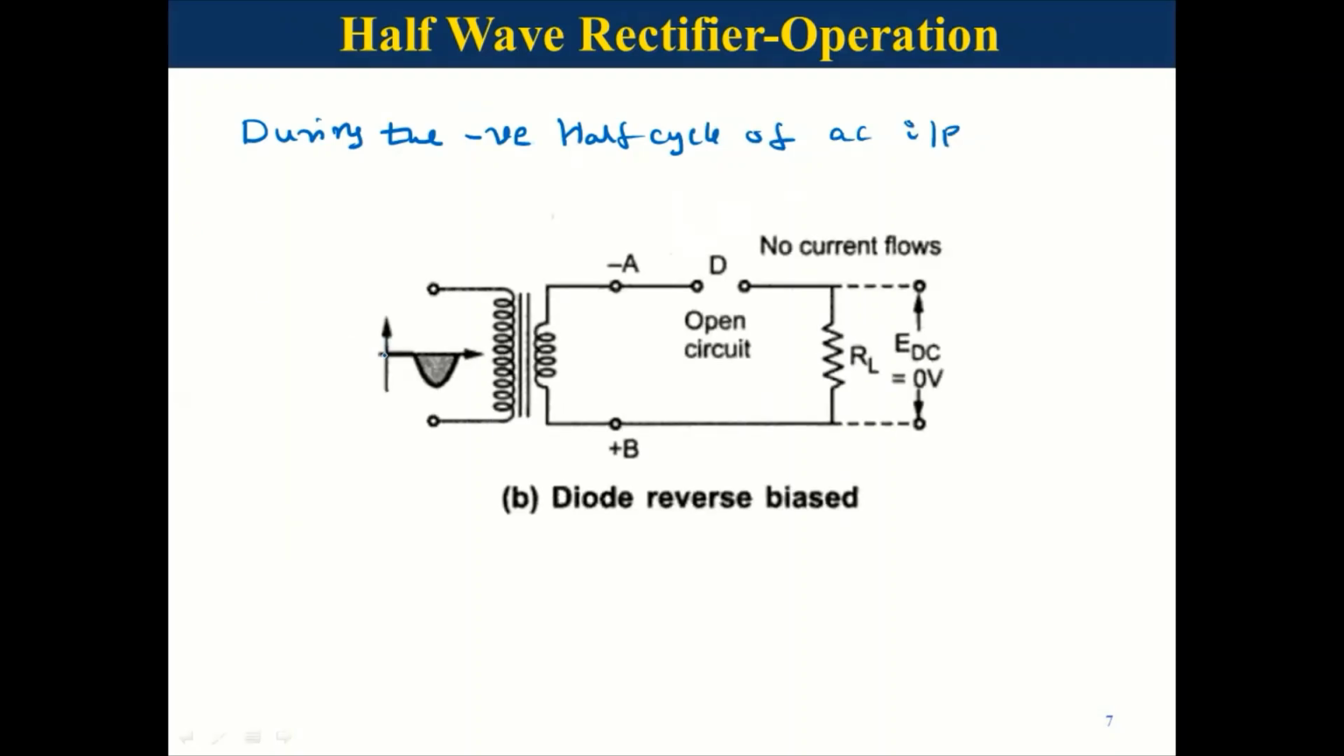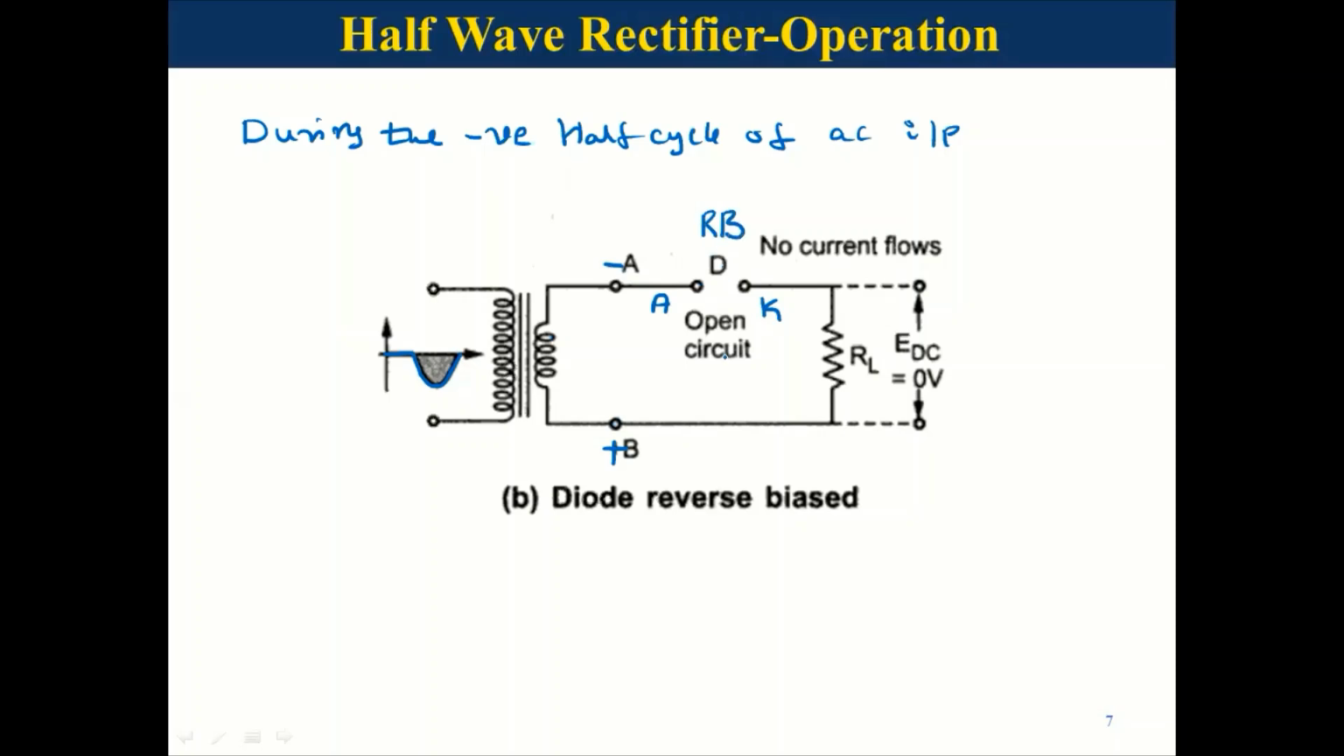Now we are considering the negative half cycle. The positive half cycle is already completed, and I'm considering this negative half cycle. During this negative half cycle, terminal A is negative with respect to terminal B. That means the anode terminal of the diode is connected to negative and the cathode terminal is connected to positive. So this diode D is reverse biased,